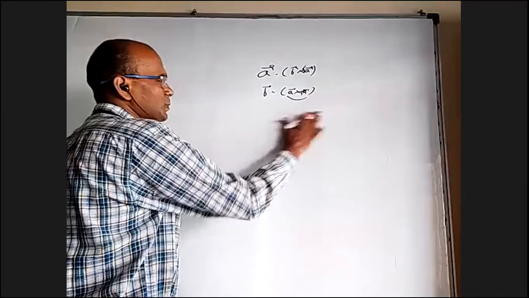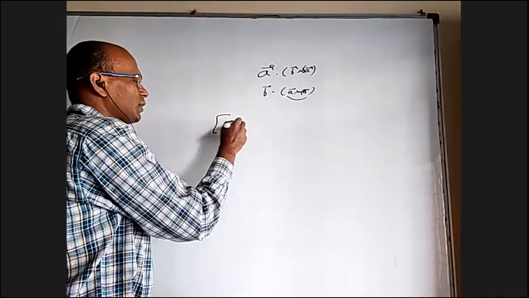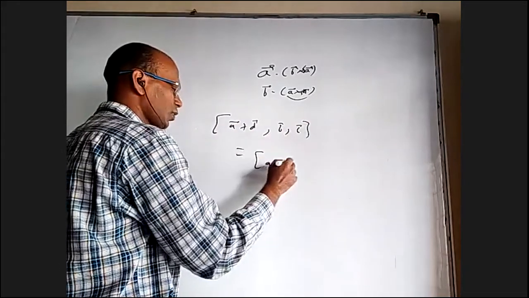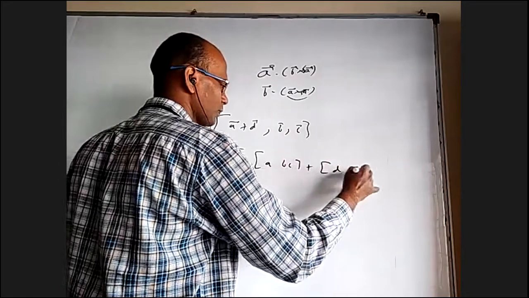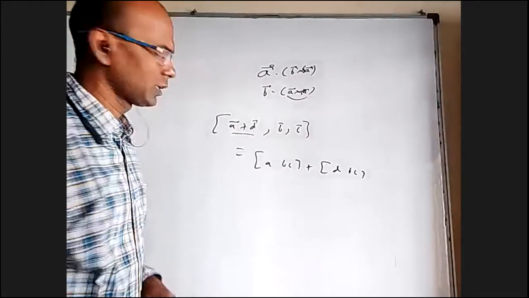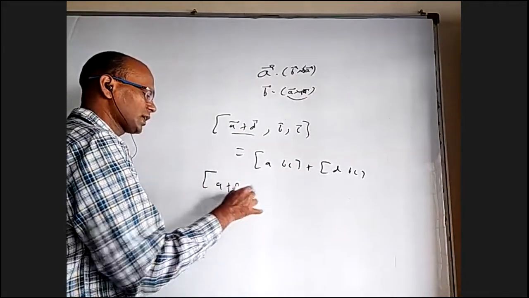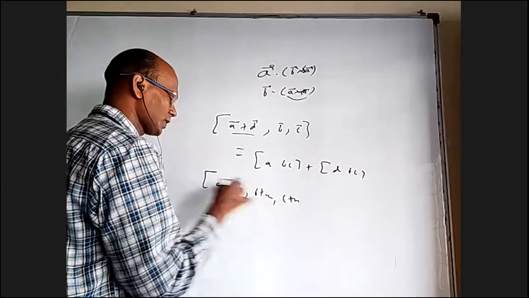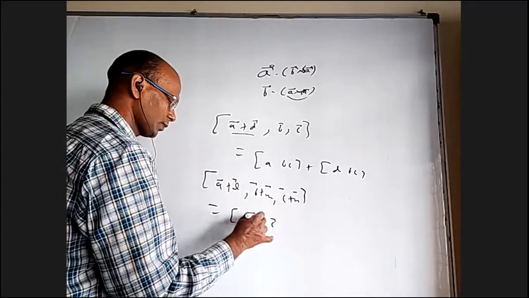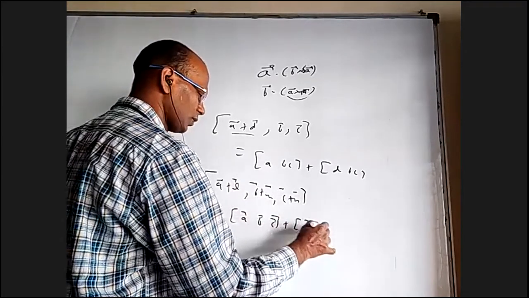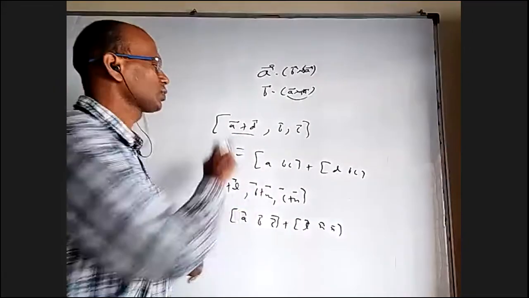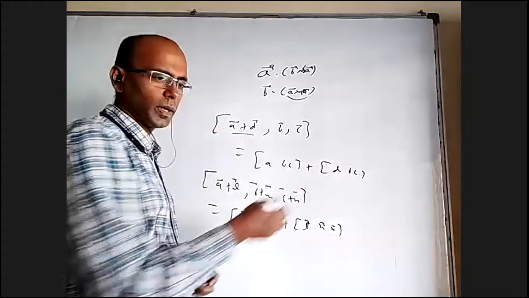And we can always split a box. For example, if I have A bar plus D bar, B bar, and C bar, I can write this as box ABC plus box DBC. That is the same B, same C, but A plus D is split. You cannot split all three. It is not correct to write, let's say, I have A plus L, B plus M, C plus N, all vectors. I cannot write this as box ABC plus box LMN. That is not correct. At that time, we can split only one out of the three. You have to keep the other two the same.